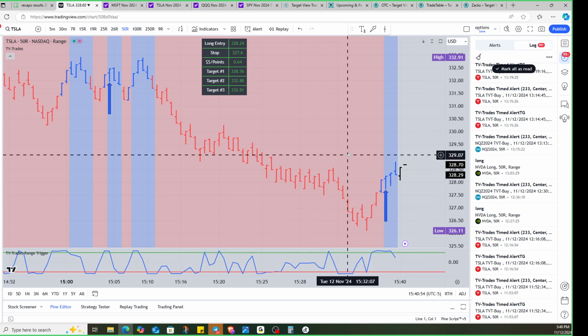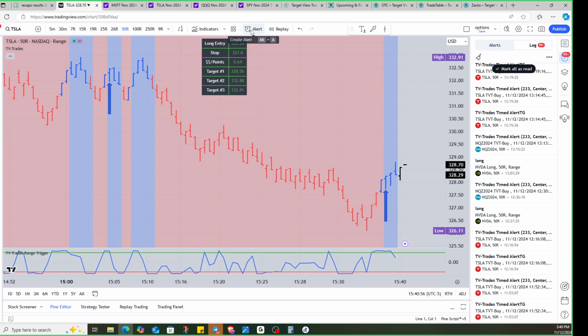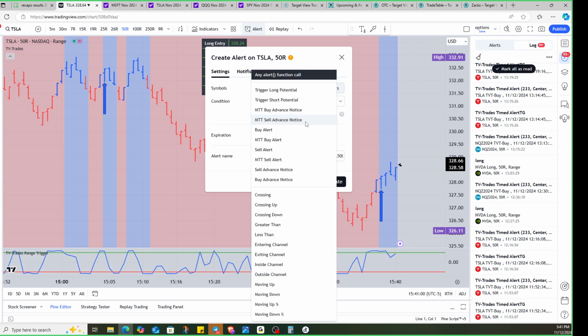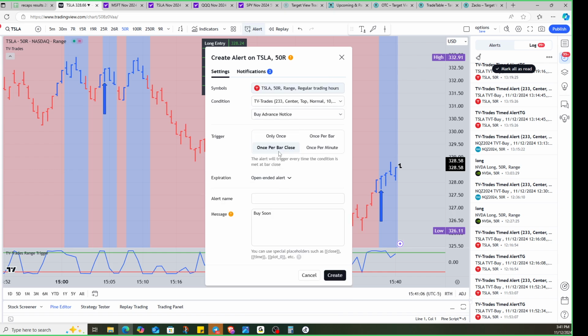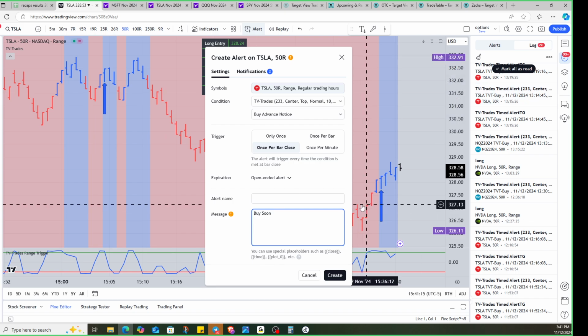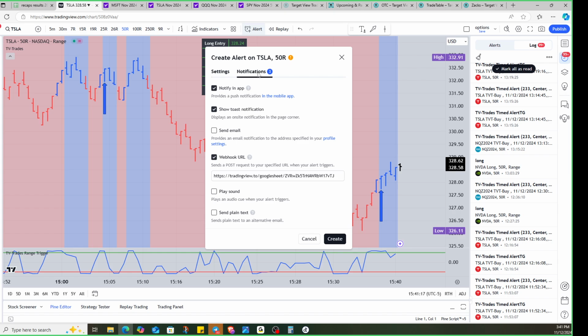And setting up the alerts, there's a little more to it. When you set up the alerts, you go into the alert and choose in here that you want to do the TV trades and choose which one you want to do. Like if you want to do a buy advance notice, you do that. You've got to do once per bar close. It says buy soon, but in here you can type in what the symbol is if you want to. You can type in the symbol and what the time frame is if you want to. And then in notifications,